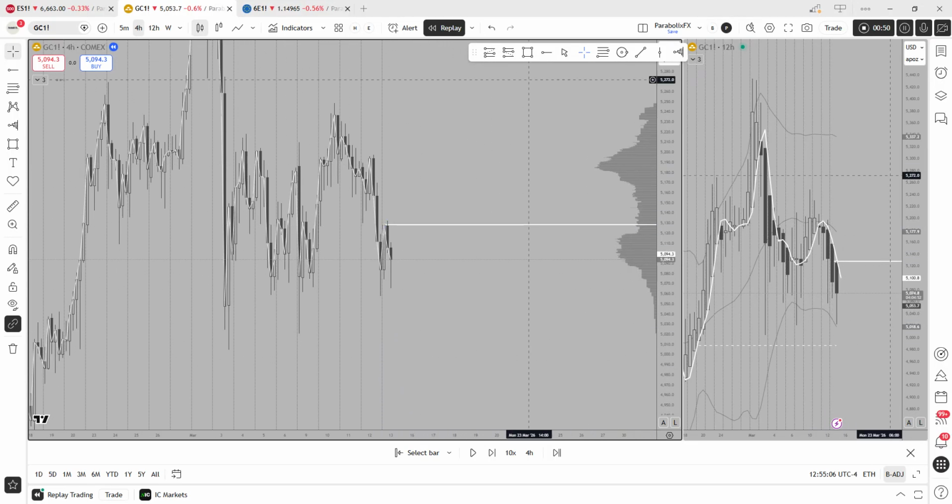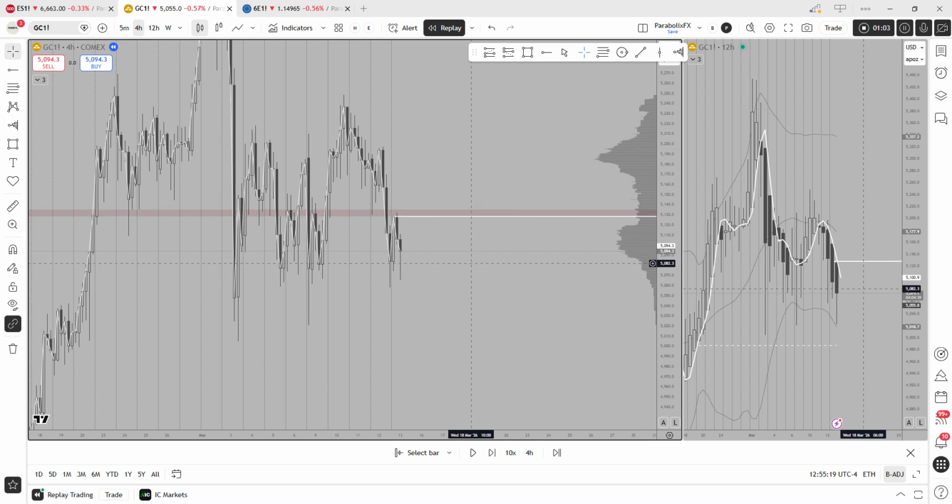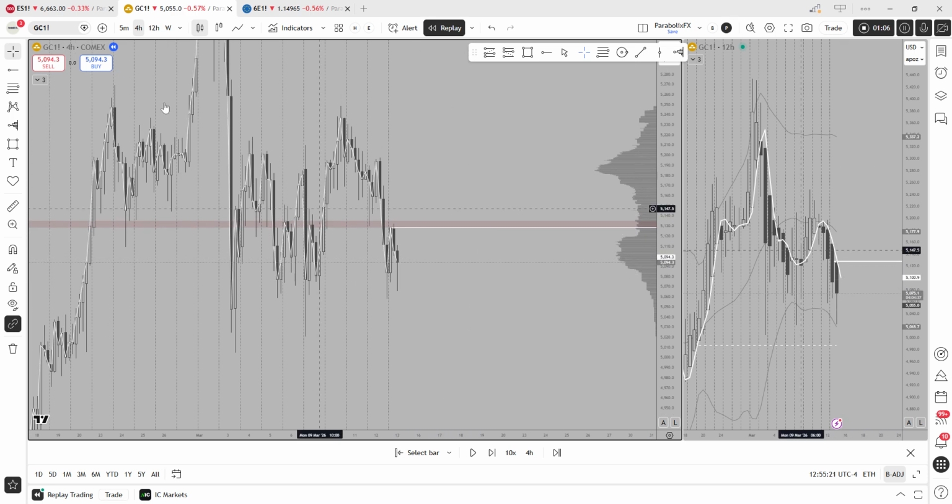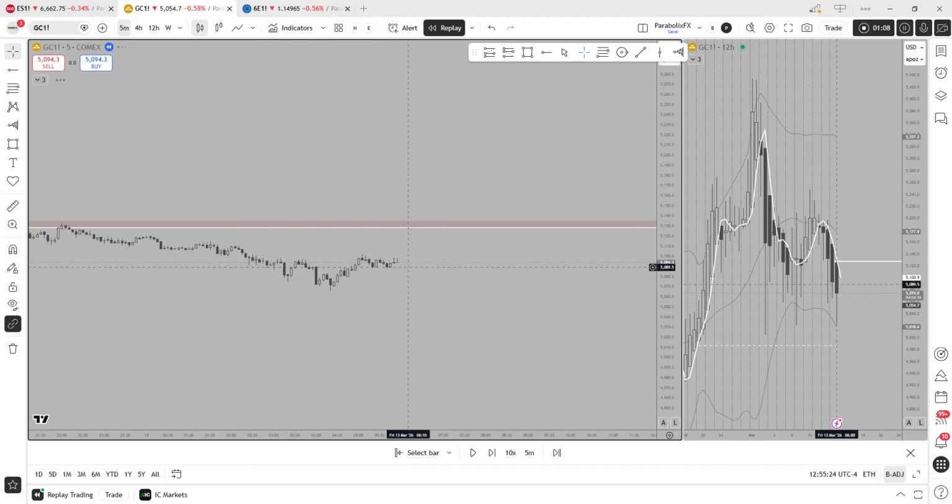So I'm marking off my SNR level, right? And then at that SNR level, I'm looking if we have a low volume node. So this area I would consider a low volume node. Actually, this whole area is a low volume node area. But for purpose of demonstration, I would class that as a low volume node area. Okay. So then when I drop down to the 5 minute,